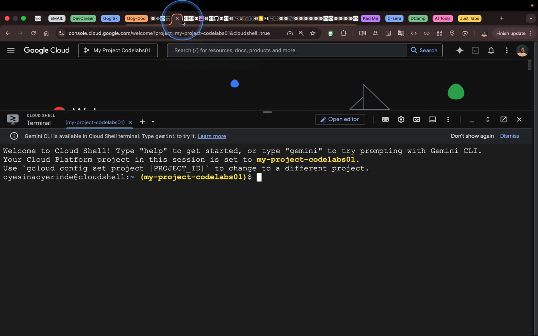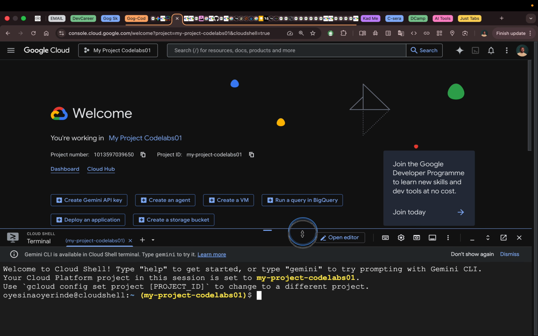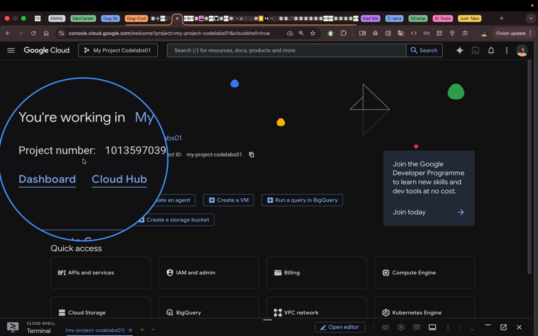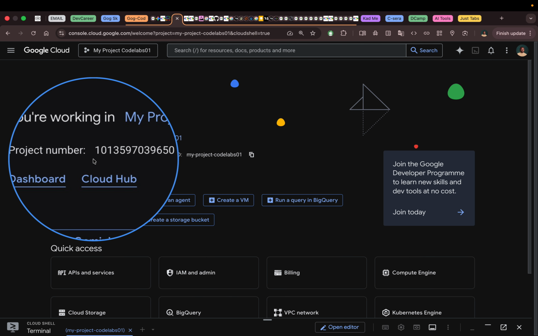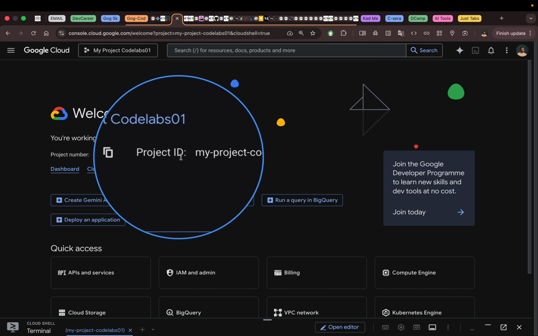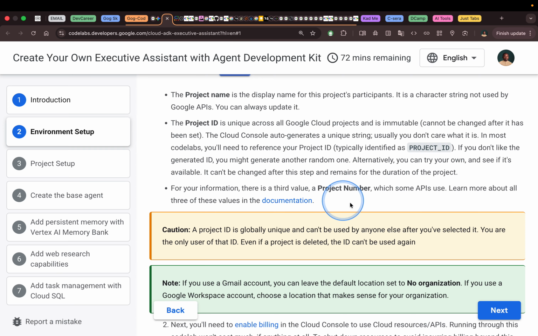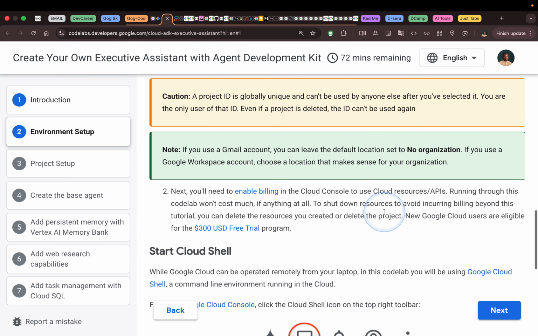So if you come here, let me minimize this. You can see our project name. You can see our project number, and we can see our project ID. So remember, our project has billing enabled,